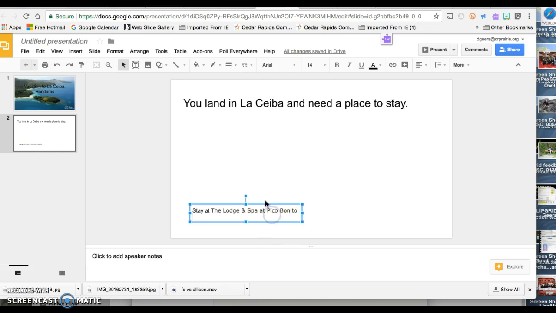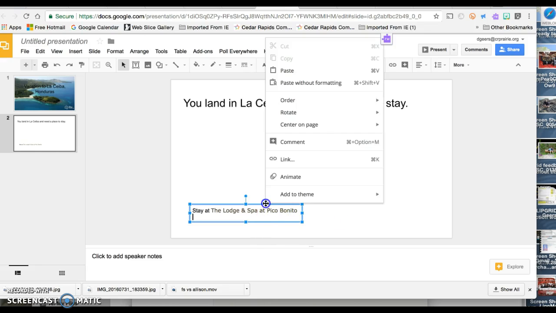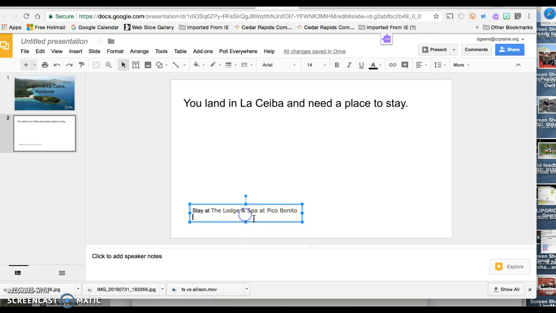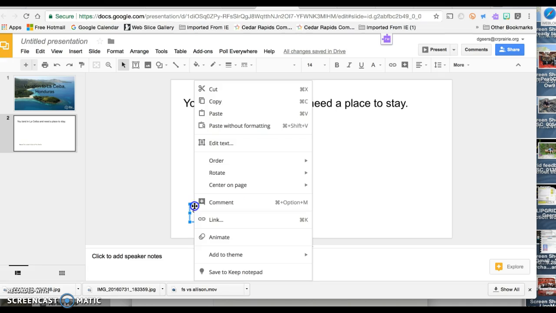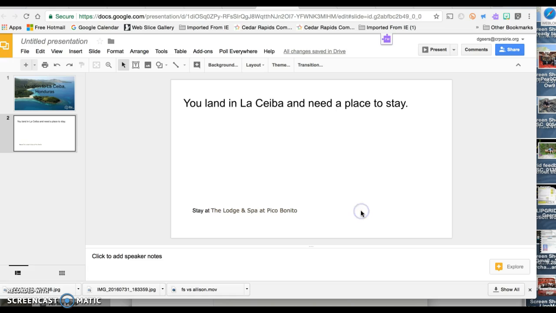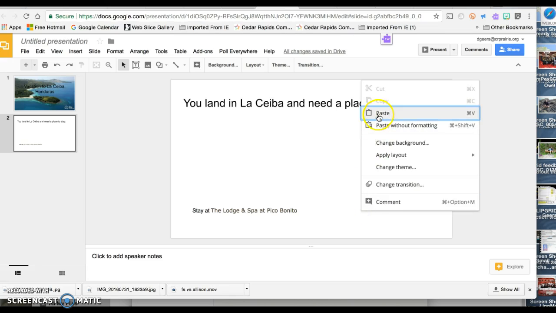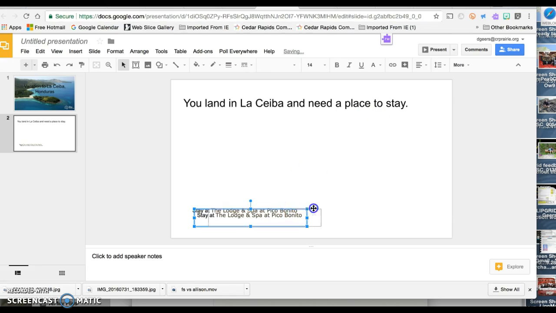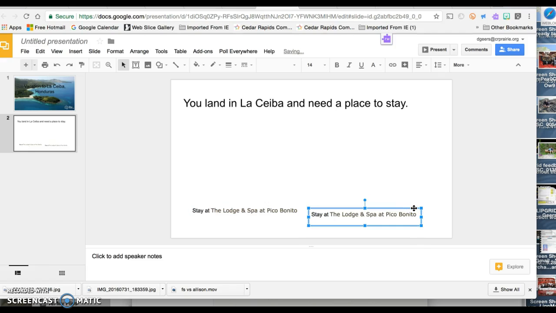Now I'm going to copy this because I'm going to have a second choice. Let's see if I can copy. I want to copy the text box so it's the same size. Copy. And then I'm going to put it over here. Oops, it'll pop up right there. And then I'm going to drag it over here. Now I need to change